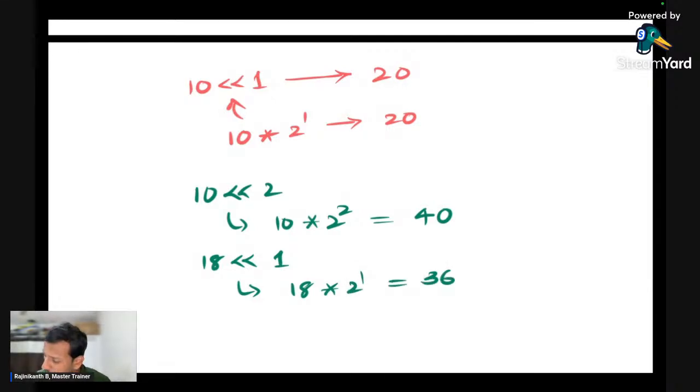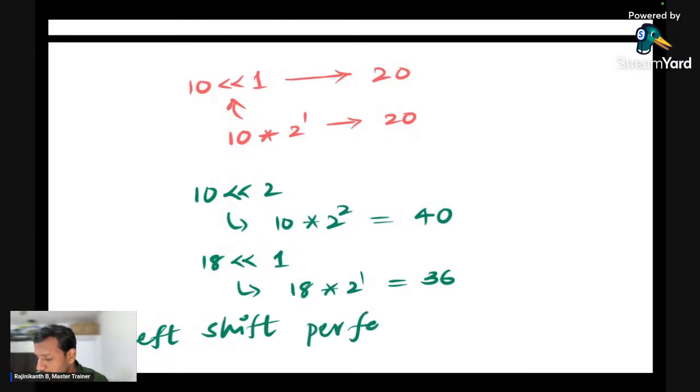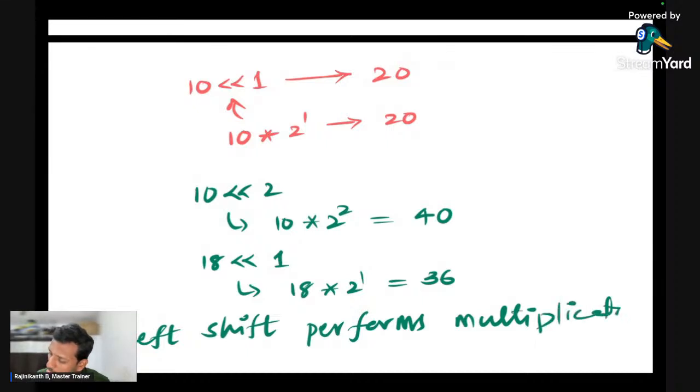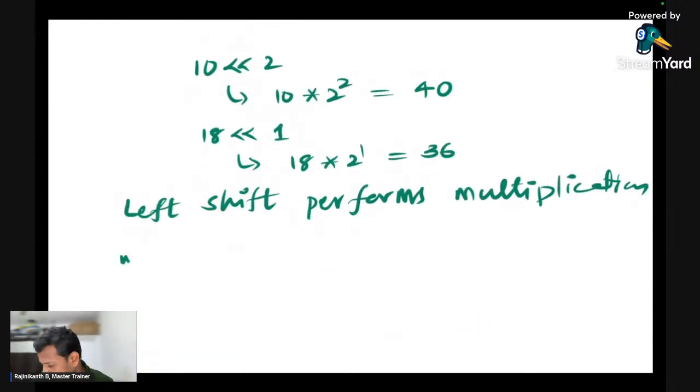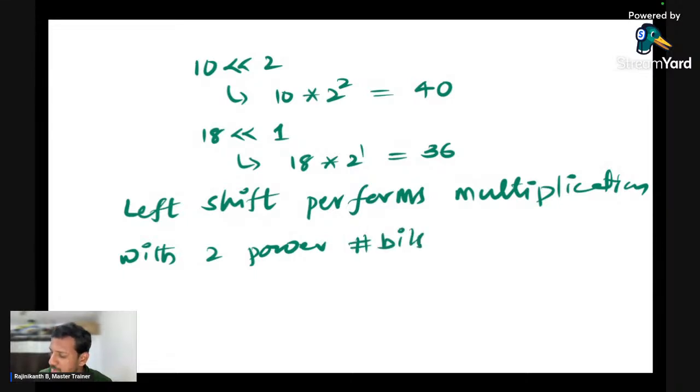That means left shift always performs multiplication with 2 power the number of bits shifted,